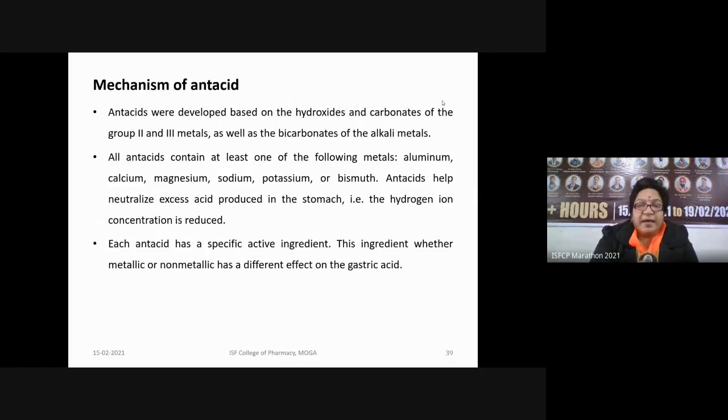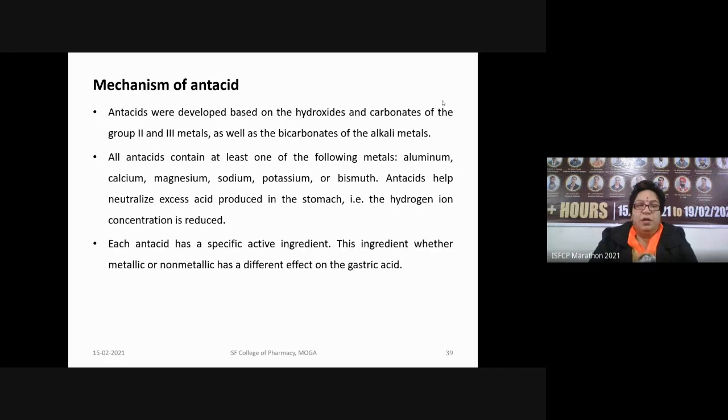मैकेनिज्म कोई पर्टिकुलर, बहुत खास मैकेनिज्म तो नहीं है. बेसिकली it is a neutralization reaction. एसिड है, एसिड पे आप बेस डाल रहे हो और the excess of acid gets neutralized. But it has to be minded, the base that you should take, it has to be a weak base. बहुत स्ट्रॉन्ग बेस हम नहीं ले सकते. Weak base has to be there. Ultimately the acidity will be gone.